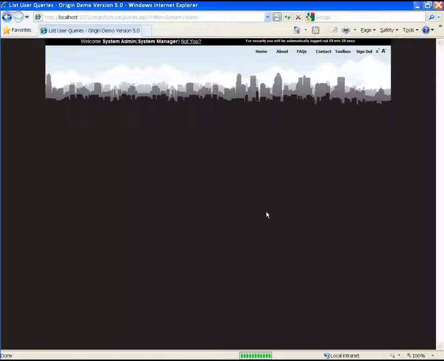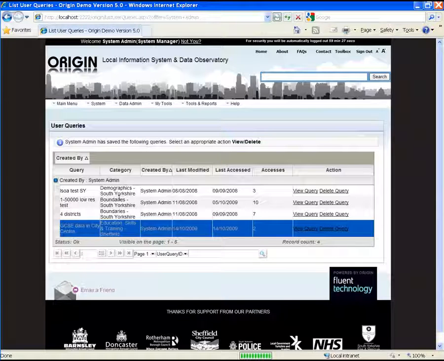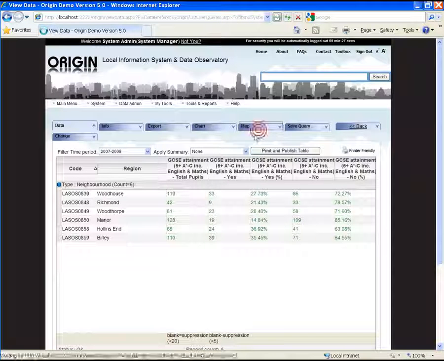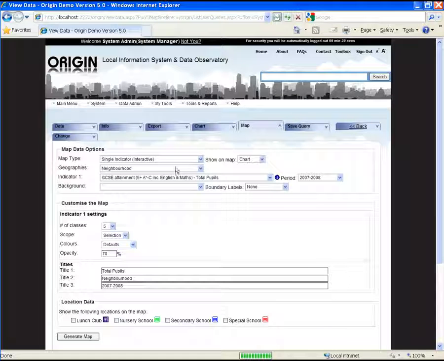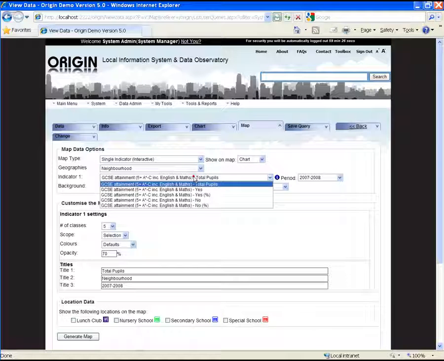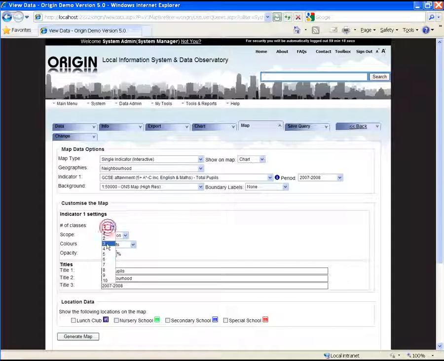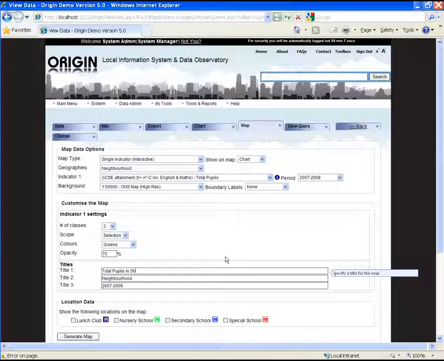When we look at the Origin toolset, so let's again look at this GCSE data, and let's say I have prepared a map for this data, and for simplicity's sake I'm going to create a very basic map on total pupils, but I've applied a background, I've changed the number of classifications and the colouring, and I'm changing the title to total pupils in Sheffield